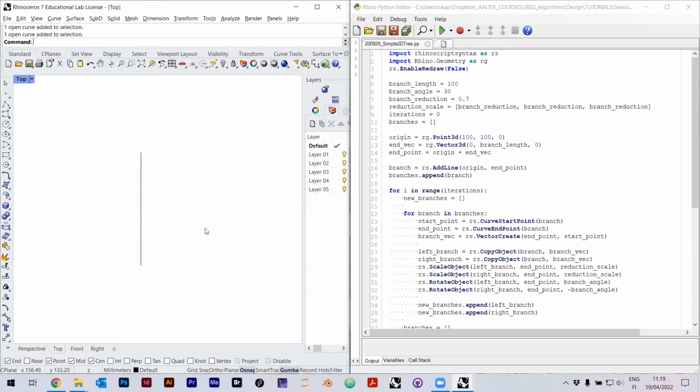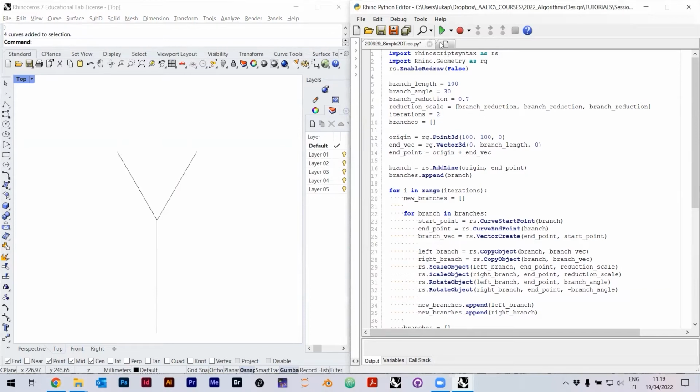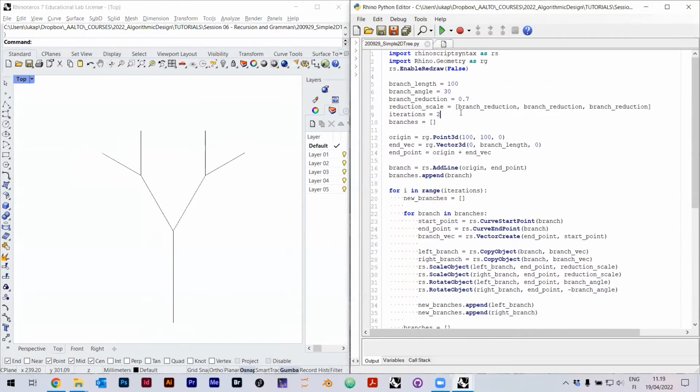So it cannot be derived from any rules. This is just the shape that we start with. Okay, and in this case, it's just a line. And when we put one iteration, that means one branching, we get it branches into 2. Okay, and then put 2, and then it continues